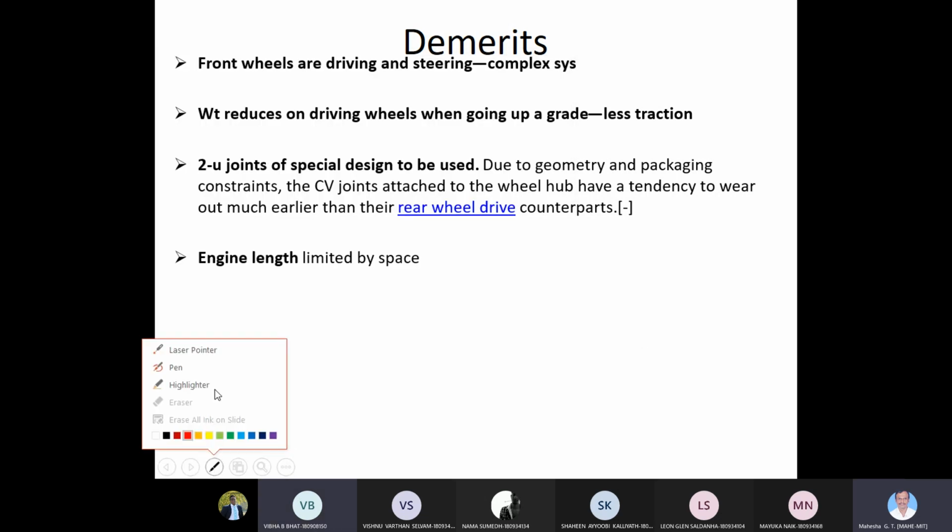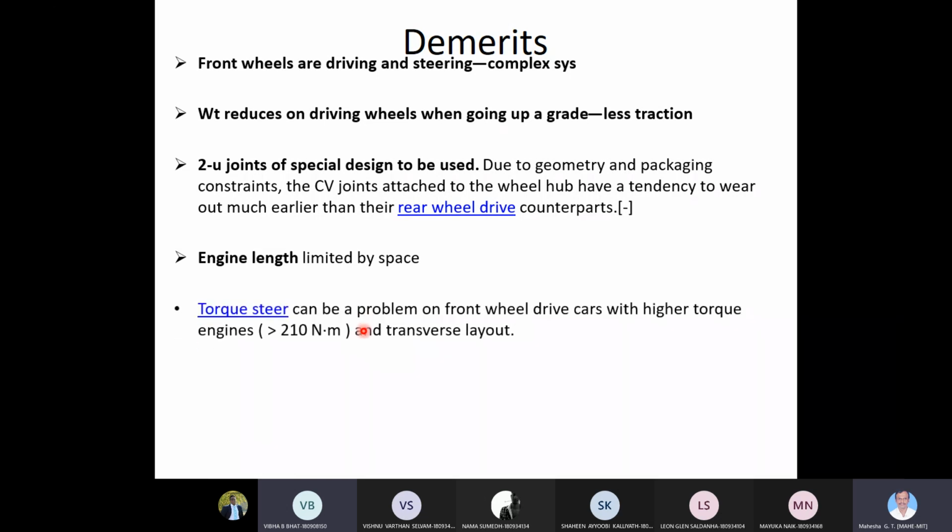One more drawback is occasionally encountered in some vehicles, particularly high performance vehicles, where the torque output of the engine, or torque generator I will call it, or torque source, as I called it the previous day, exceeds a limit. If anything above this torque output comes from the generator, that is engine or motor, it may result in torque steer characteristics. Unknowingly to the driver, the vehicle may be pulled during sudden acceleration to the right or to the left. Such a phenomenon is normally known as torque steer.